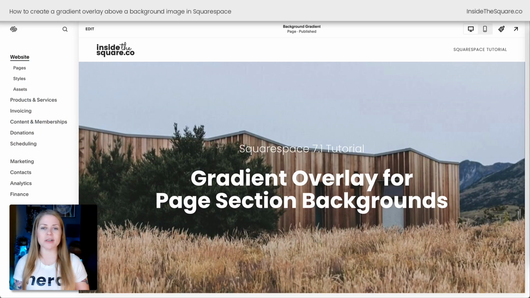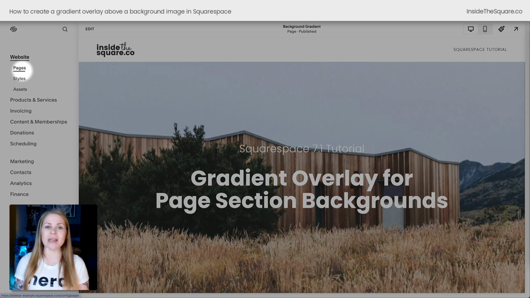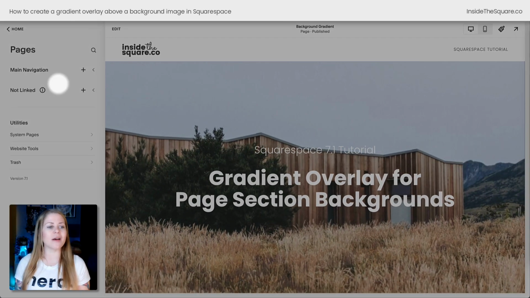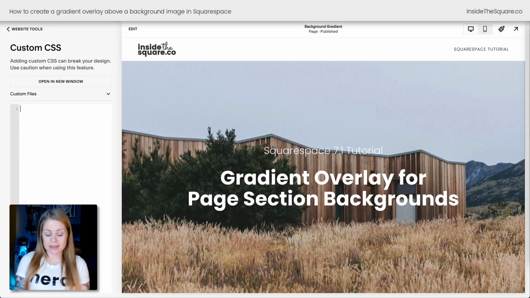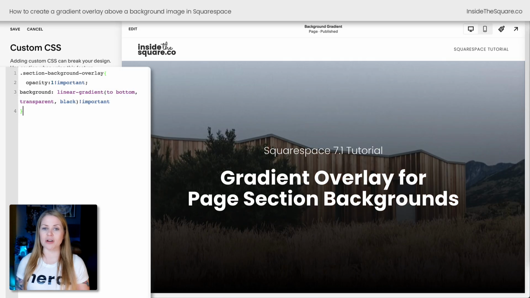Don't need to save our changes, but we do need to navigate to our CSS panel. On the left-hand side of the screen, select the Pages option, then Website Tools, and then Custom CSS. This is where we're going to paste the code that you'll find underneath the video, and instantly we see this background overlay. Now let me teach you how this code works so you'll know how to customize it for your